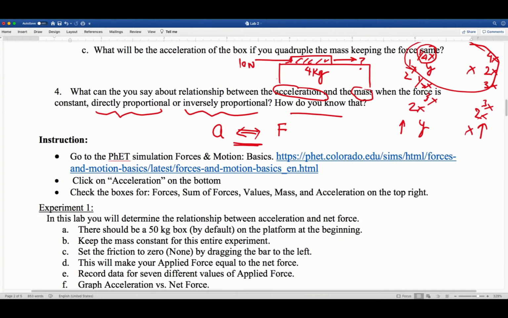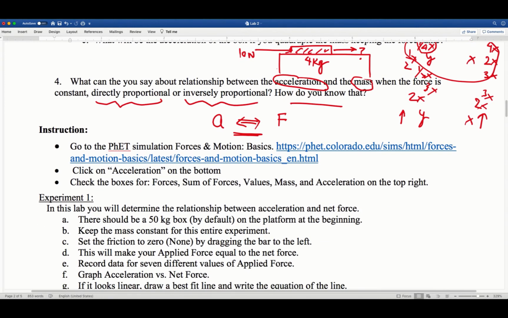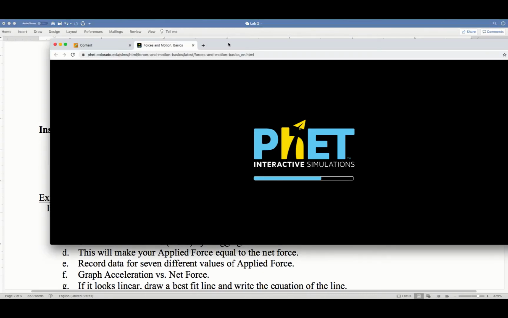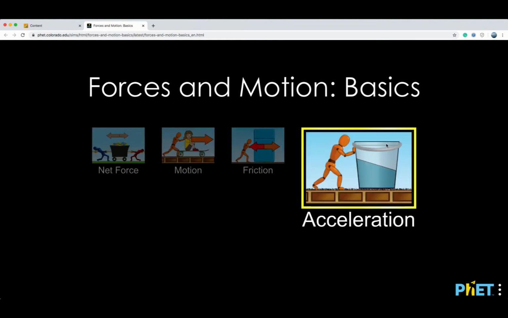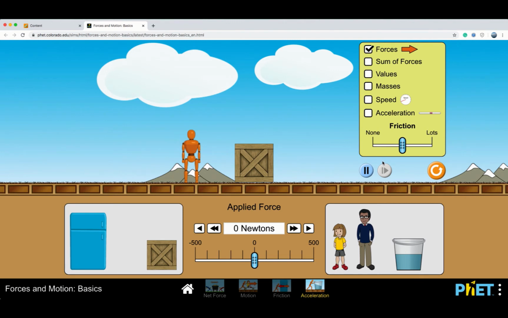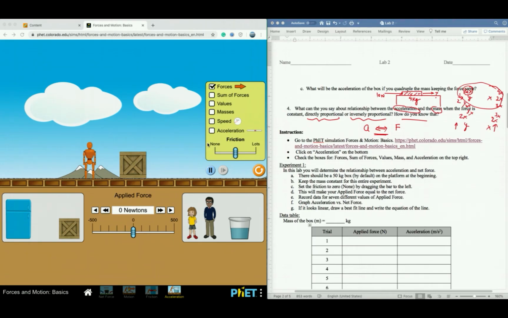Now for the actual lab, you need to go to this link. So open this link. Okay. And once you are on this site, click on this fourth one, acceleration. Double click, and then you'll see this. Okay, so once you are on this page,